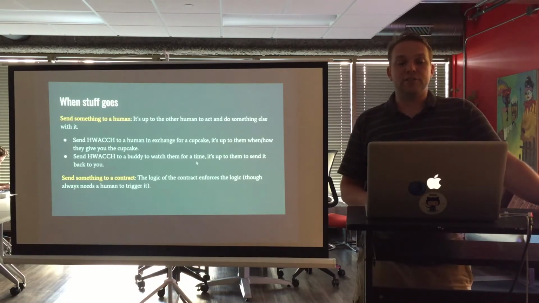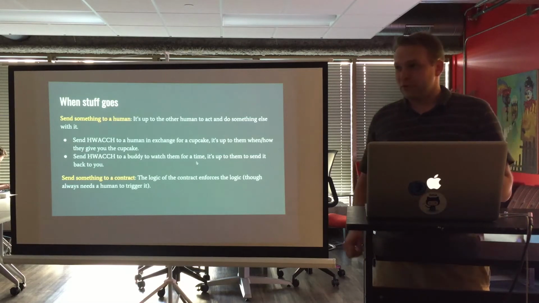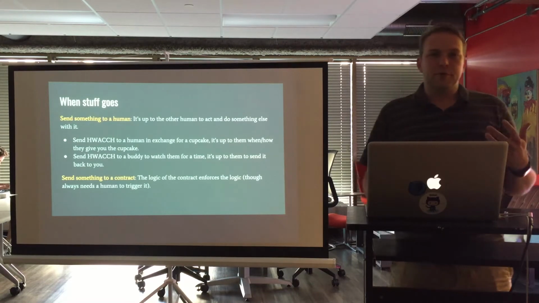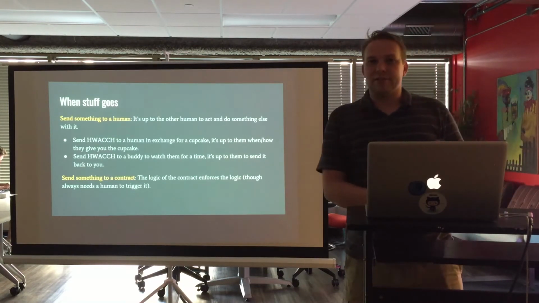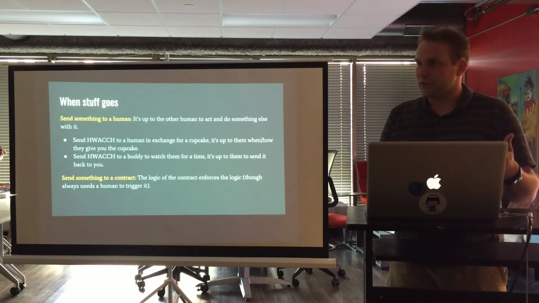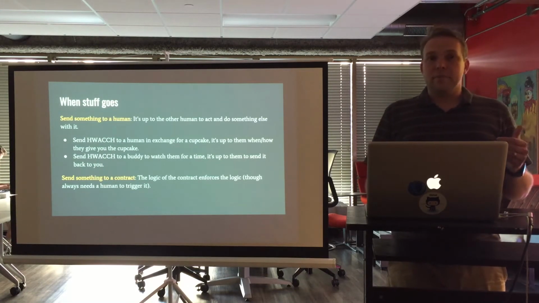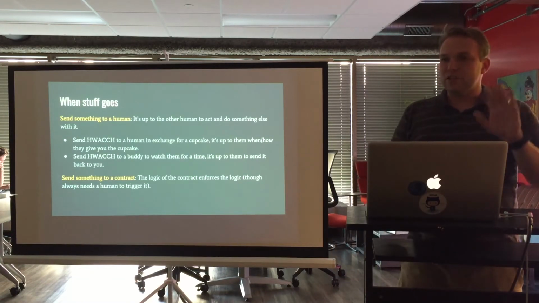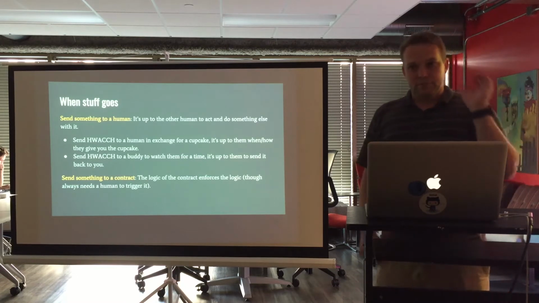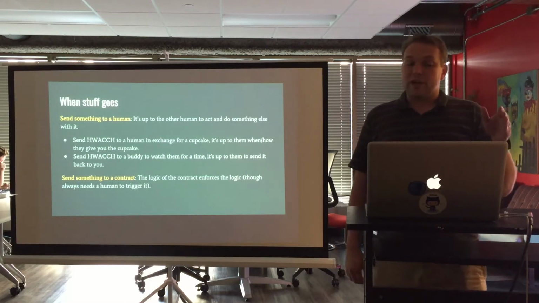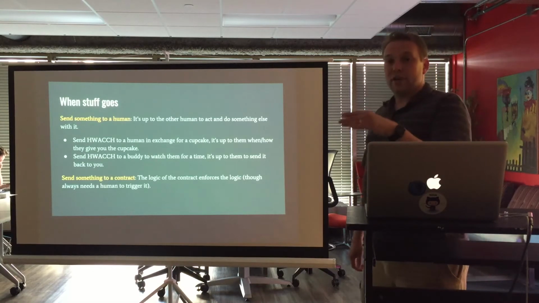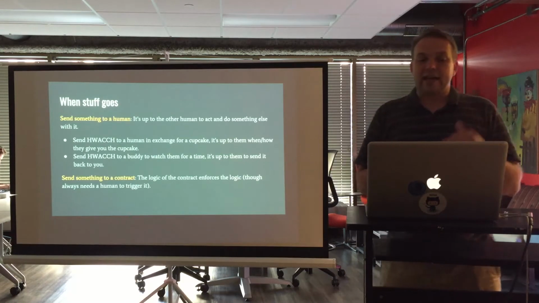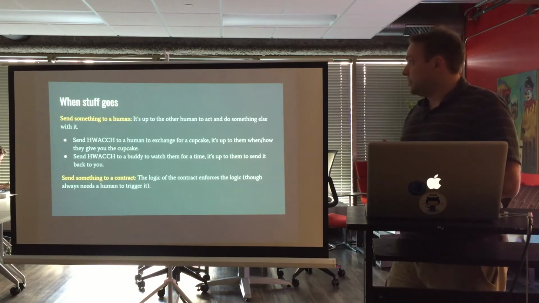And one final note on transactions, the concept of when stuff goes. We're used to computer programs being able to do things automatically, and often we have computer programs that will do things in a batch process. Your email client checks email automatically every 10 minutes or whatnot. On Ethereum, every action has to be started by a human. There is a transaction that gets initiated and sent by a human to trigger something in the blockchain. A contract that gets triggered can also trigger another contract, and so you can get this line of dominoes where a bunch of things trigger, but at the very beginning it has to be a human who actually triggers it.